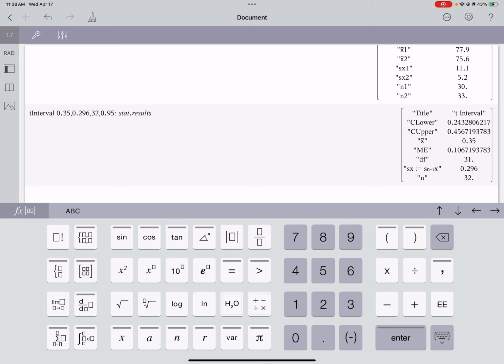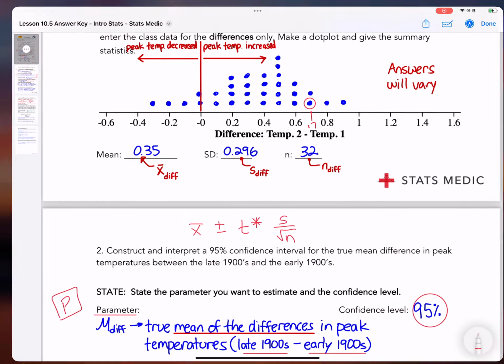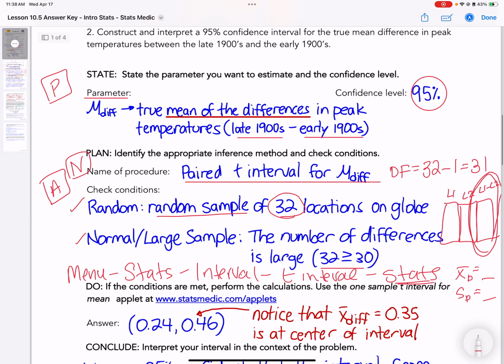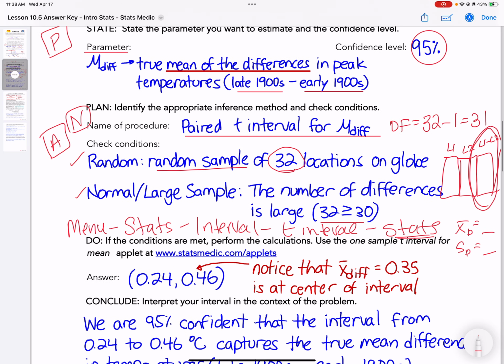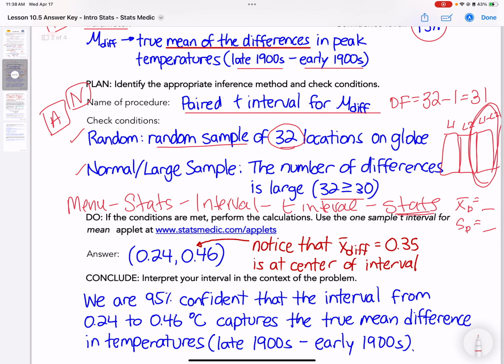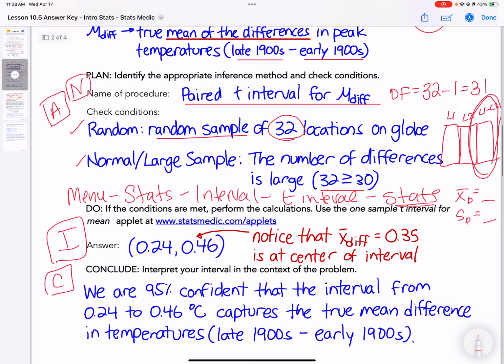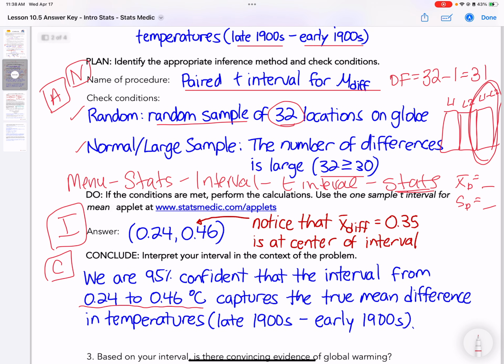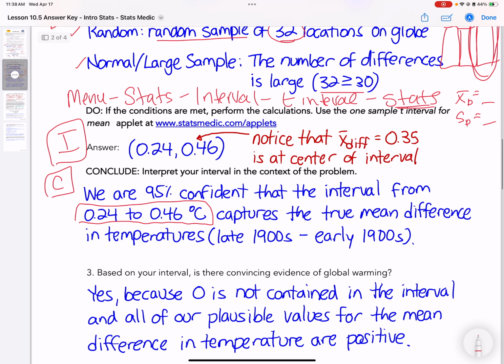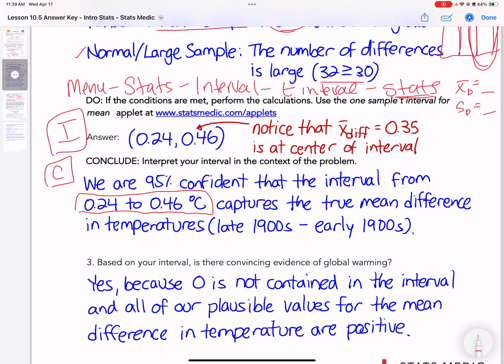So that's telling me that I have an increase of temperature between 0.243 degrees Celsius to 0.456 degrees Celsius on average. All right, so that's what I got. So now this shows me that that's my interval, 95% confident, my conclusion, that I have an increase from 0.24 to 0.46 degrees Celsius, and it captures the true mean difference. So yes, it is convincing evidence of global warming in this particular